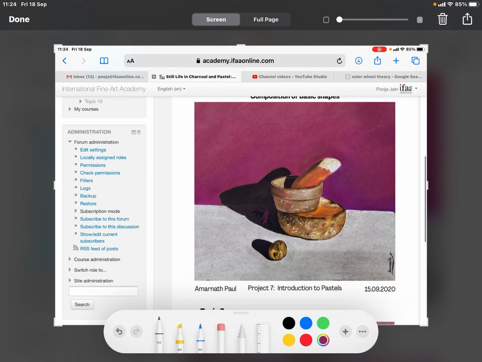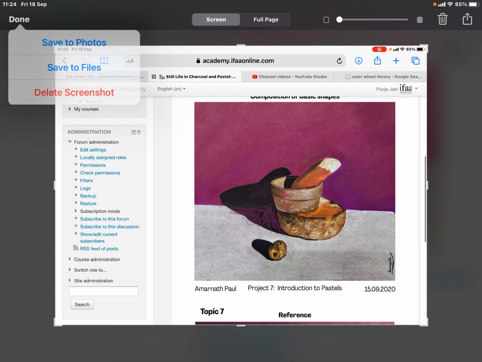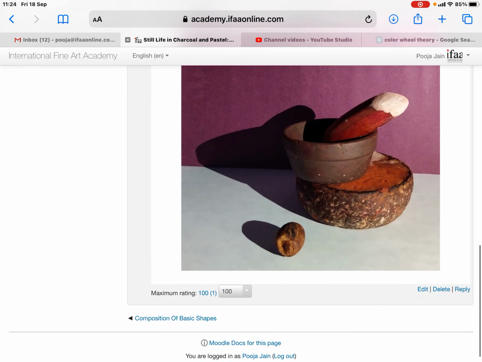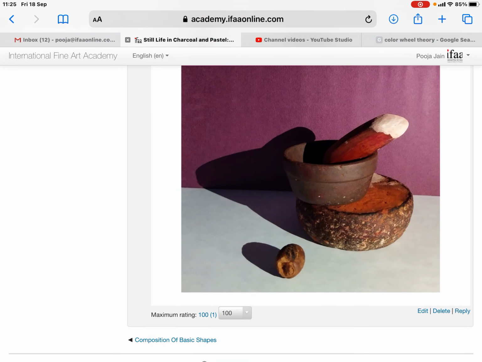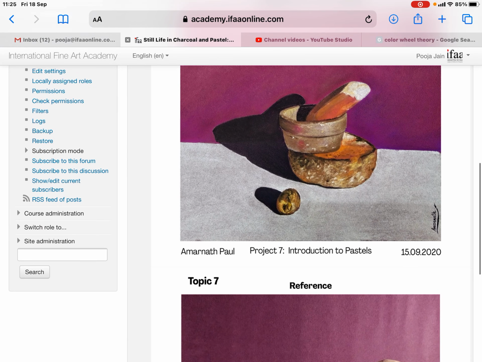See, this could be a bit lighter and a bit more blue in nature to match the values. Matching the color is fine, but matching the values will make a lot of difference. Similarly, the other value here would also be a bit lighter, this one. The rest of the transition is fine.